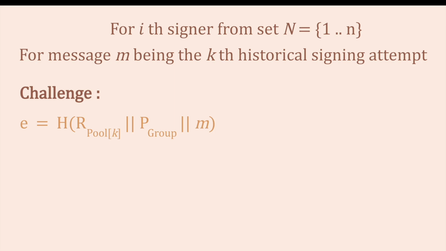The group point is known way earlier, right from the setup. The group nonce is known from pre-processing. Simply pick the group nonce from the pool, the message, and hash it with the tag hash, and that gives you the challenge E scalar. And so to compute the partial signature,